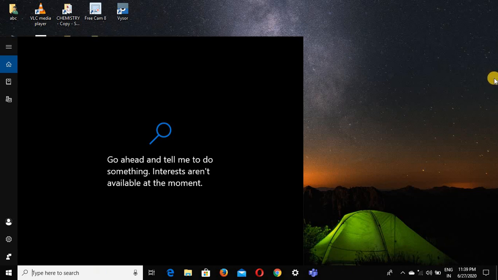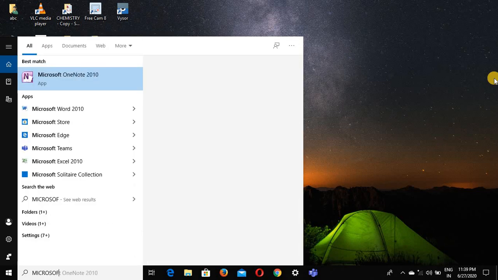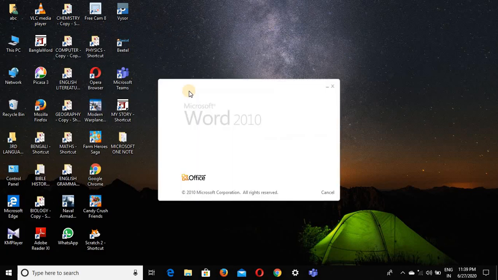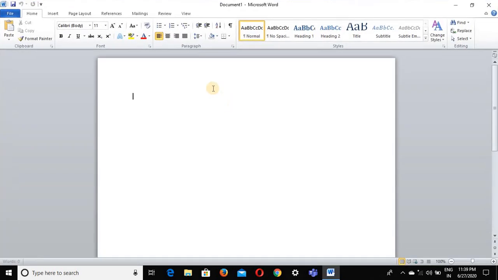Friends, all the steps that I am showing you are valid for Windows 7, 8 and 10 only, not any other operating software. So after you click on the search box, type here Microsoft Word. As I have told you before also, this is also an inbuilt app like this app. Click here. So it's opening. Right click